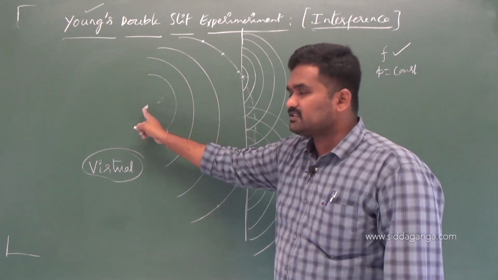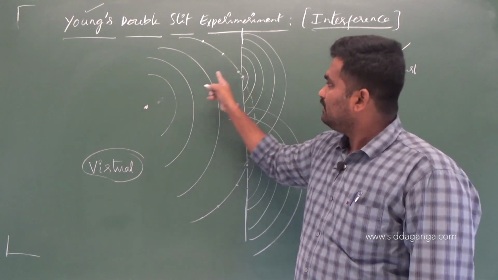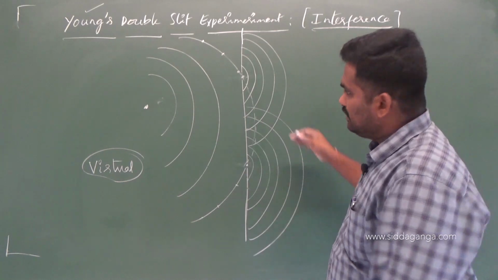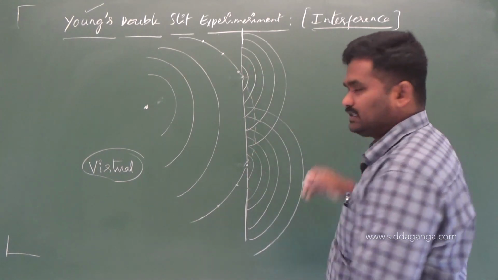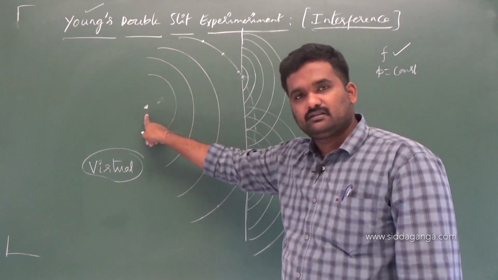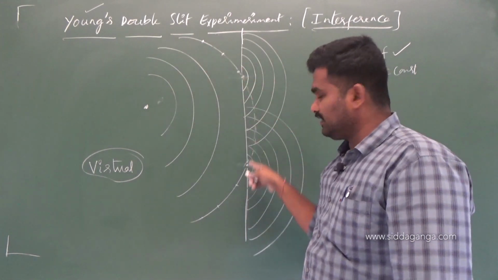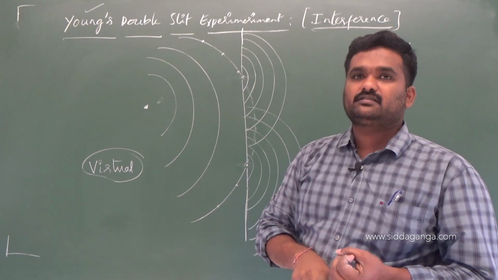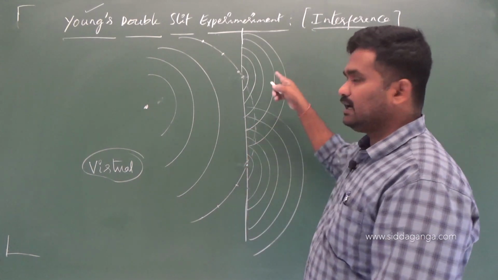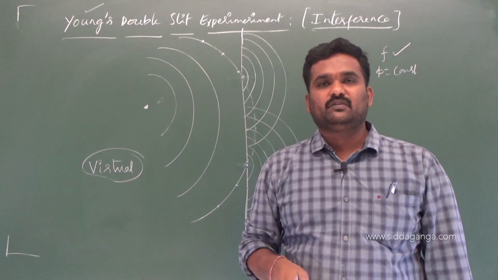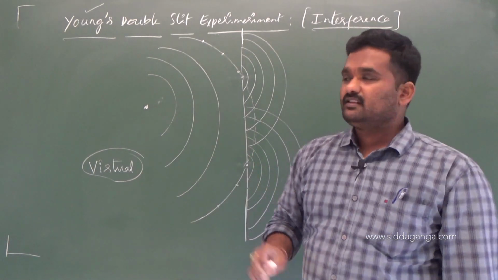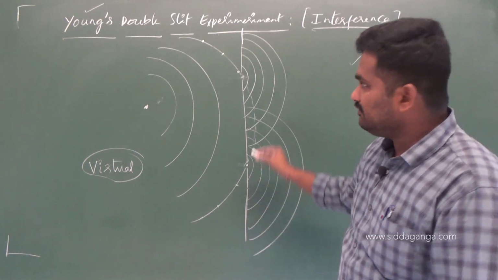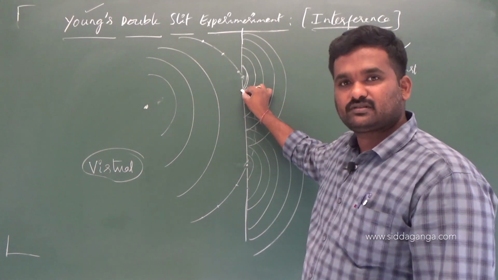As long as this is switched on, light is going to be coming out of the slit as well as coming out of the other slit. The light coming out of these two slits is from the single source and from the single wavefront. Obviously, frequency remains constant and phase remains constant. Hence, we have arrived at the condition of what? Coherency.